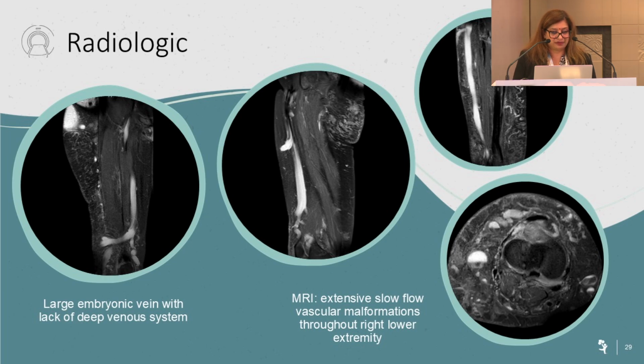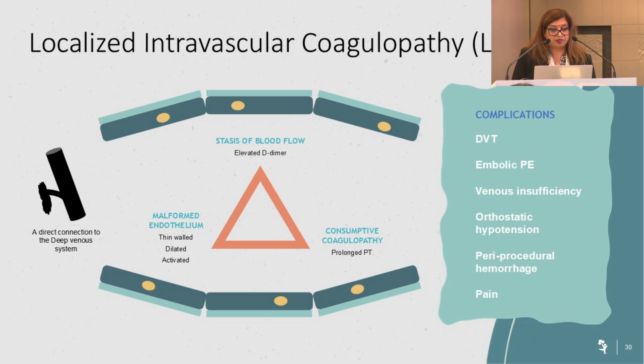And that's another, again, that mutation, but now you're looking at the marginal vein that is really not functioning well. So when you have a marginal vein that's not functioning well, you can actually lead to thrombosis. So this is just a chart of what Virchow's triad is, where you have stasis of blood flow, so you get this elevated D-dimer, a consumptive coagulopathy, and malformed endothelium. So it's not really a normal vein. You're not conducting blood properly through that. That is an actual setup for having a deep vein thrombus, or a large thrombus form in that.